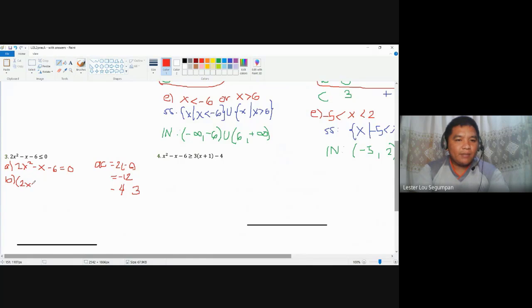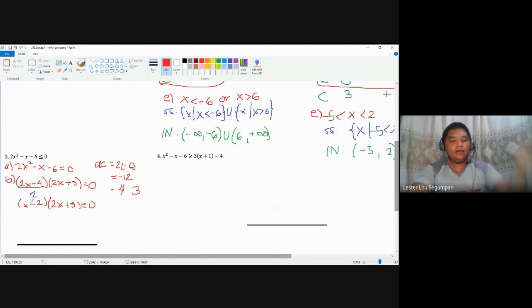So 2x minus 4, and you also have 2x plus 3 must be equal to 0. But if you check, 2x times 2x is not 2x squared, but rather 4x squared. That's the time you need to simplify, one of which could be divided by 2. So the final factors here are x minus 2, and you have here 2x plus 3 equal to 0.